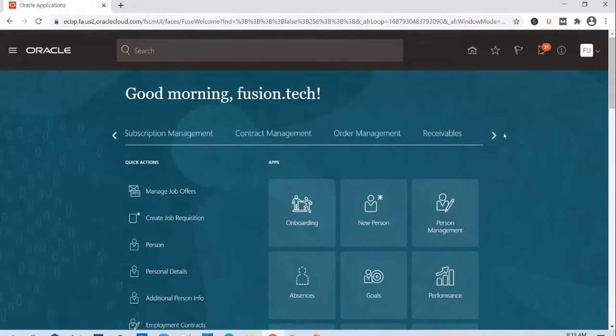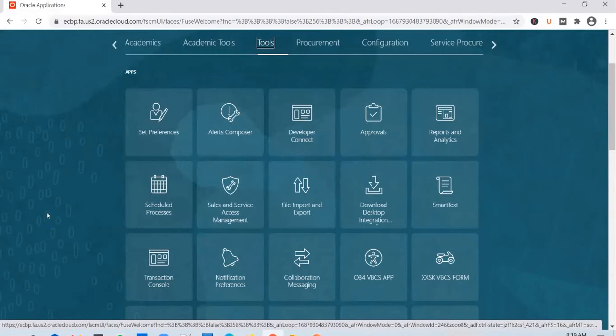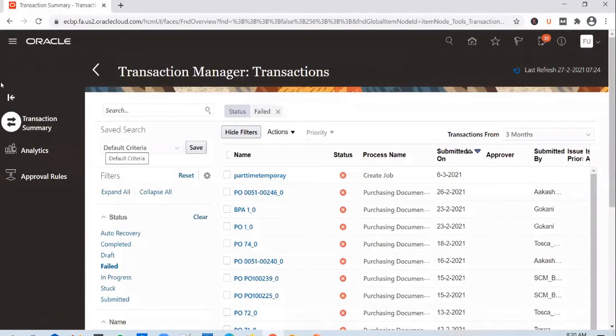So you go to Tools, and under Tools you have Transaction Console. Click on it. And in the transaction console, you see three options available here.